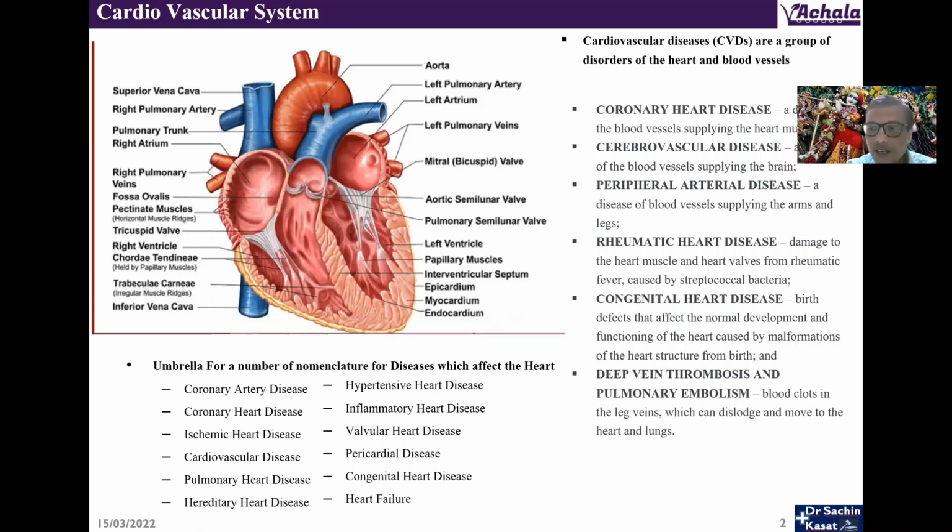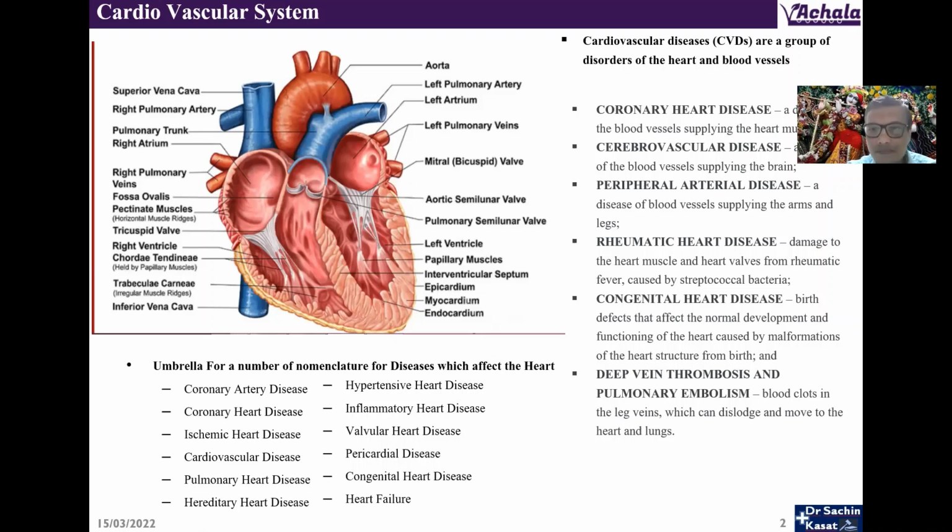So basically, it's not only heart, it's a group of disorders of heart and blood vessels together. So common would be, say, the coronary heart disease, wherein the blood supply to the heart muscles is compromised. So you are seeing these muscles here at the periphery. Second would be cerebrovascular disease, wherein now the supply to the brain is impacted. Or peripheral arterial disease, wherein supply to my